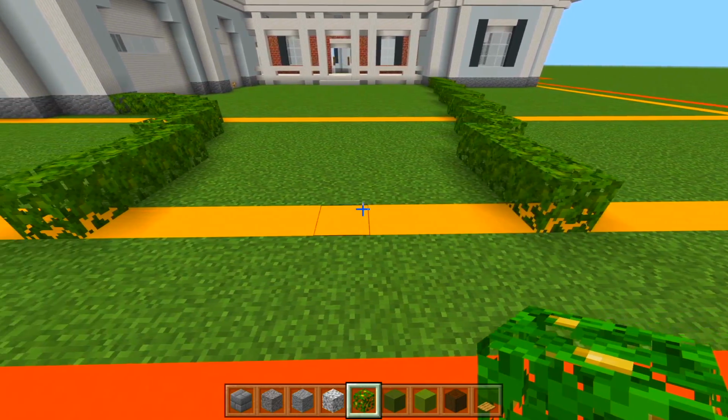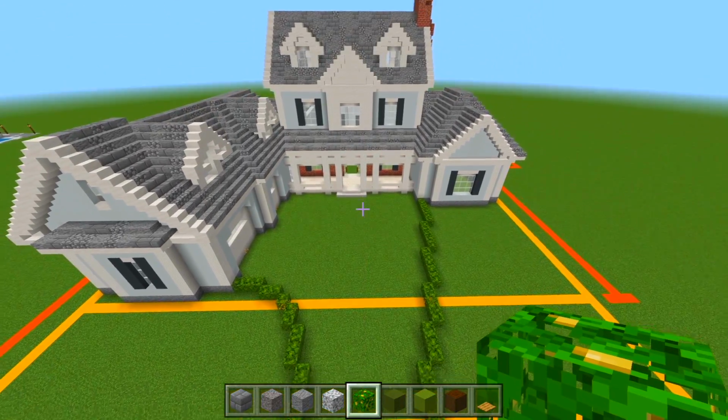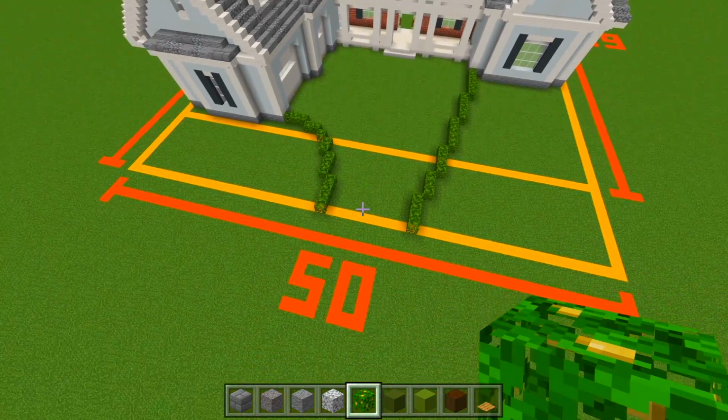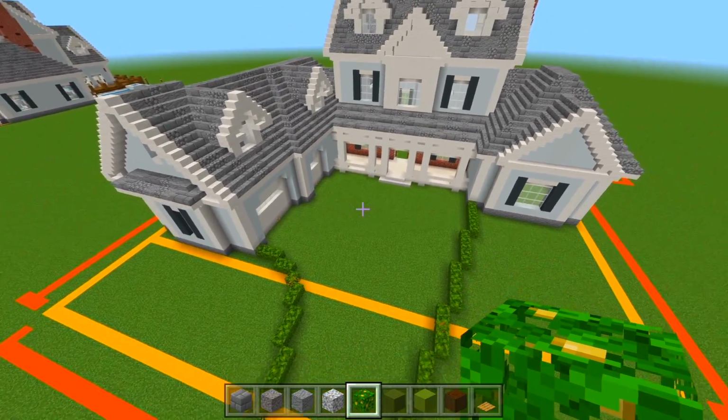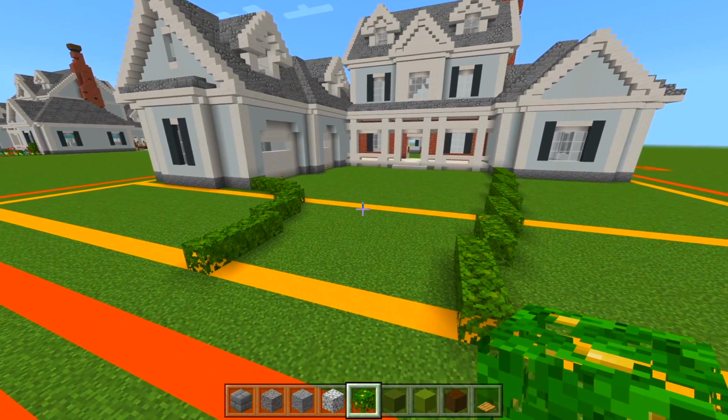And once again, it's just here at the same edge. So that is the entire driveway right here within the shape of where the leaves are. So all of this here is going to be the driveway. So now what I'm going to do is start deleting the first layer of all these blocks within the